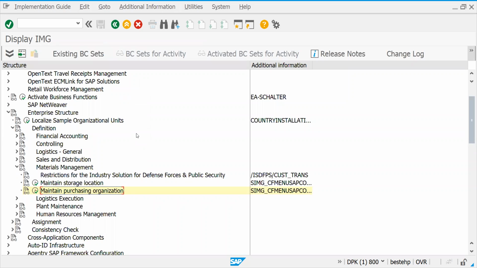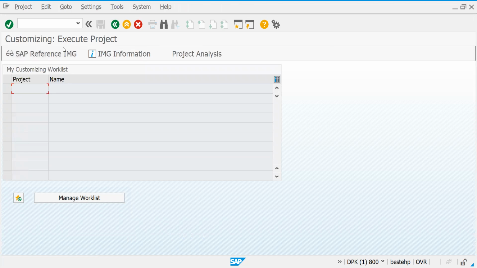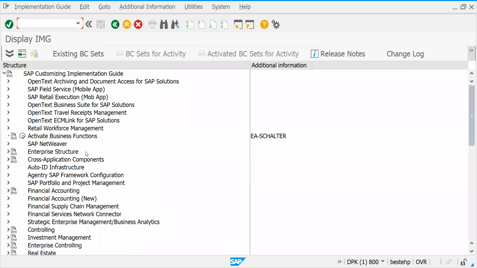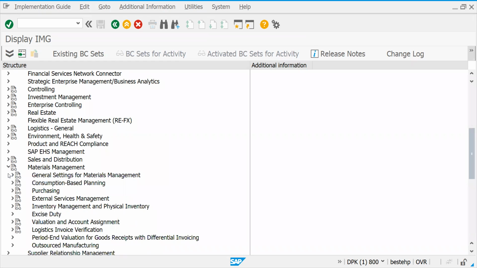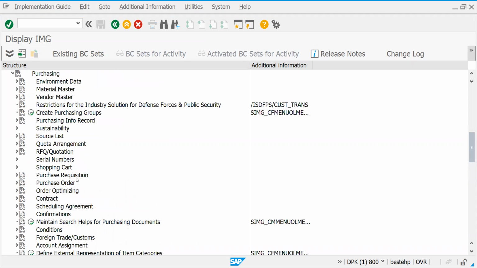SPRO, IMG, material management. Because the system will change, it's updating. When it is required, we can create a new one, that's not a problem. Purchasing, purchase group.